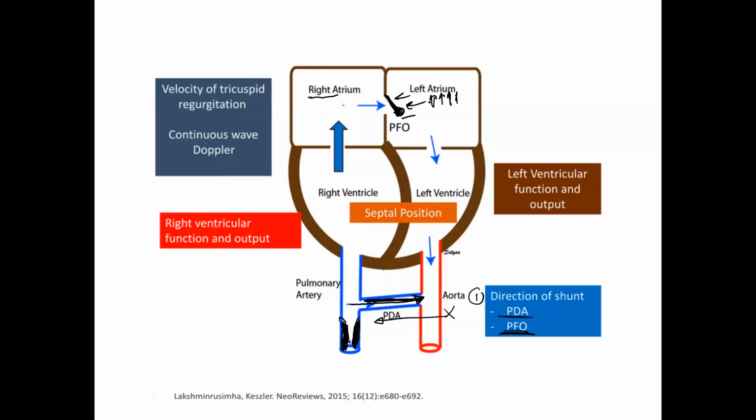Number three is called velocity, or the jet through the tricuspid valve. Because of the higher pressure here, blood is going to return as a jet through the tricuspid regurgitation. They measure its velocity. Also, the